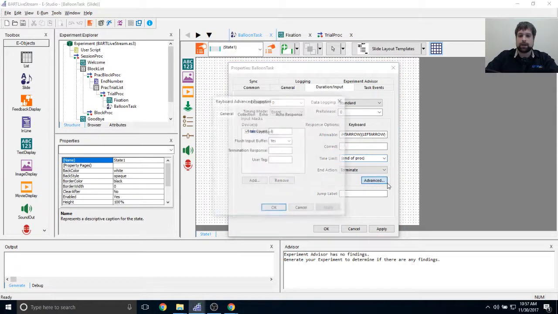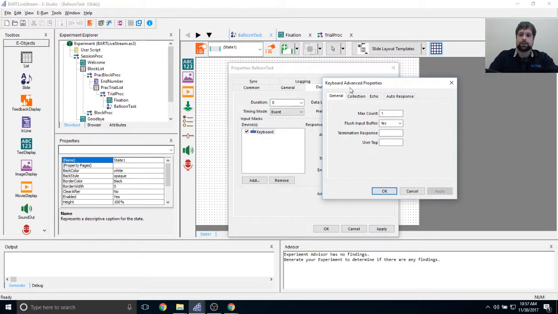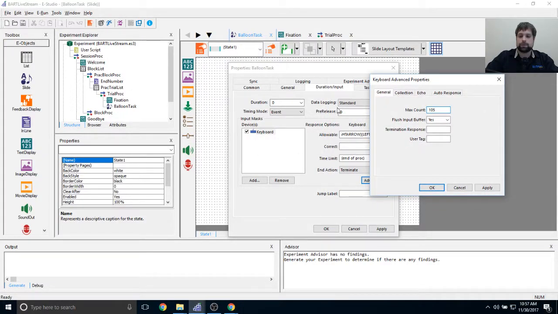So now I'm going to click on advance, and I'm going to change the max count as well, because I can have participants pressing the right or left arrow keys up to 100 times. So I want to change this to, let's say, 105 in this case. So participants can respond using the arrow keys up to 105 times, which is honestly way more than they ever need to. And as far as termination responses, we're going to keep that completely blank and just hit apply